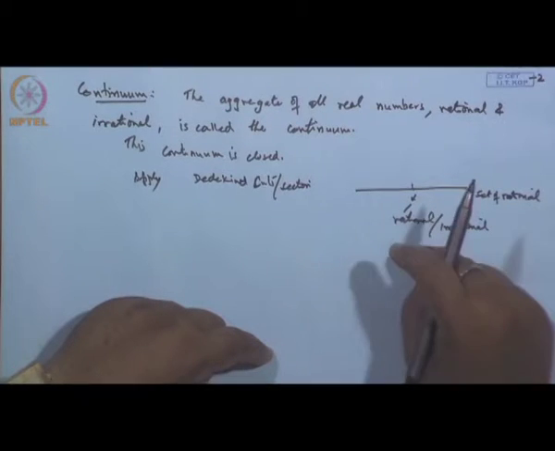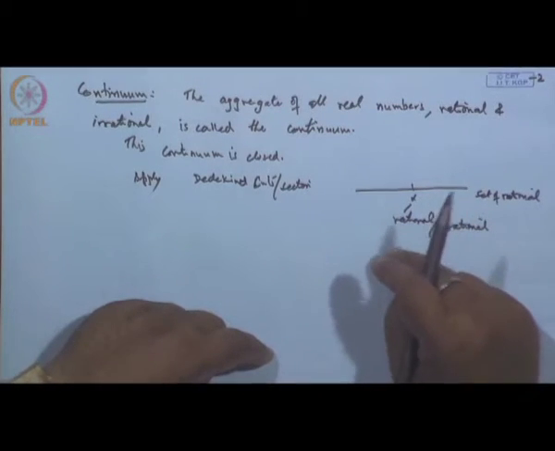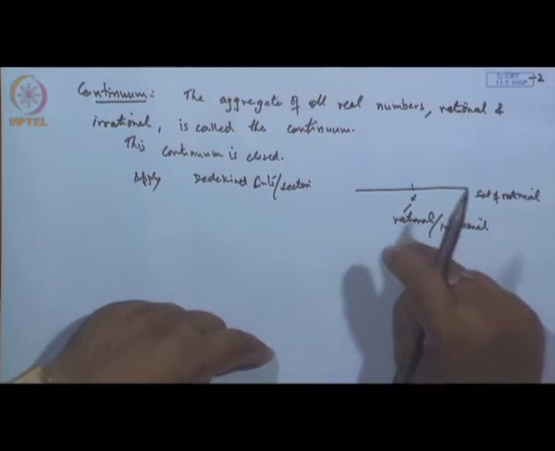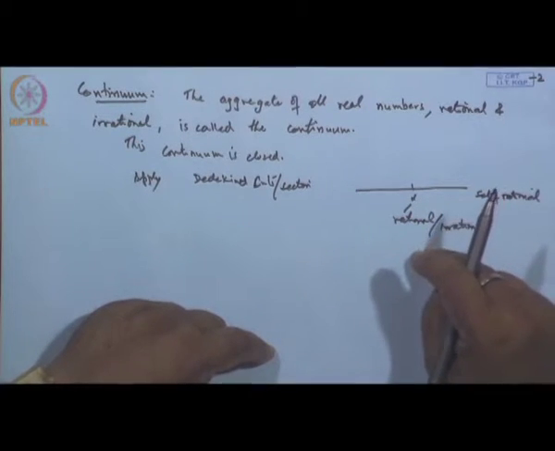The sections which you are getting correspond to a number which may be rational or may be irrational. So, over the rational numbers we are applying the Dedekind cut, but we are getting a class which is bigger than the rational numbers, because the rational points will also be added there. So, this gives you the total aggregate as a continuum.